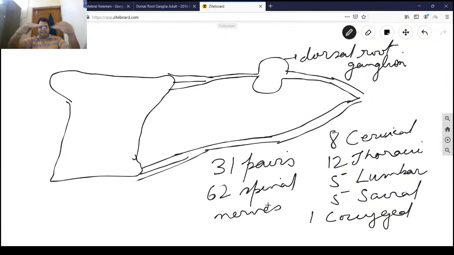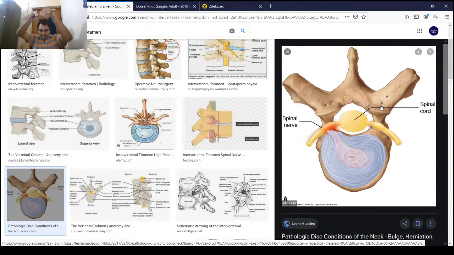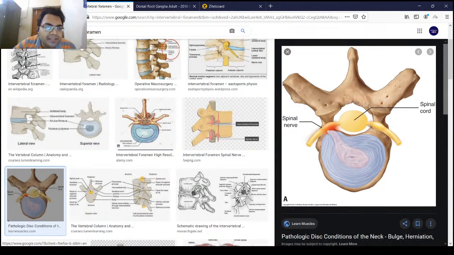So they come out like this, right? They come out like this through this portion. Okay, you can see this is the best diagram to specify how the spinal nerves come. Okay, and one more thing I'll tell you is,